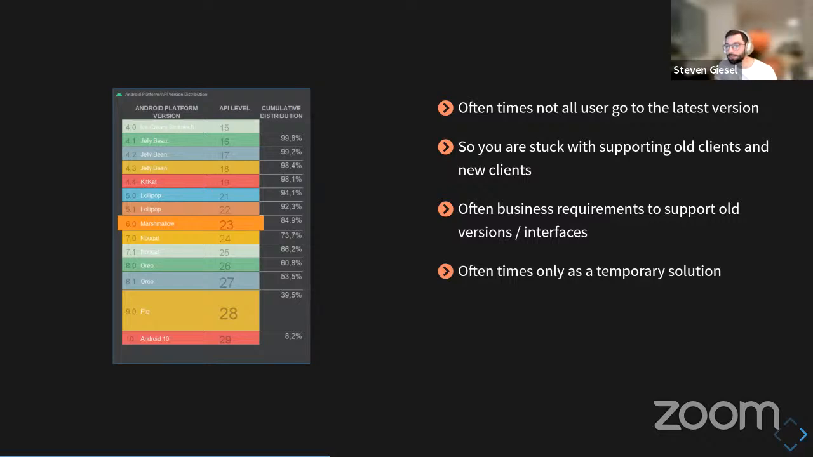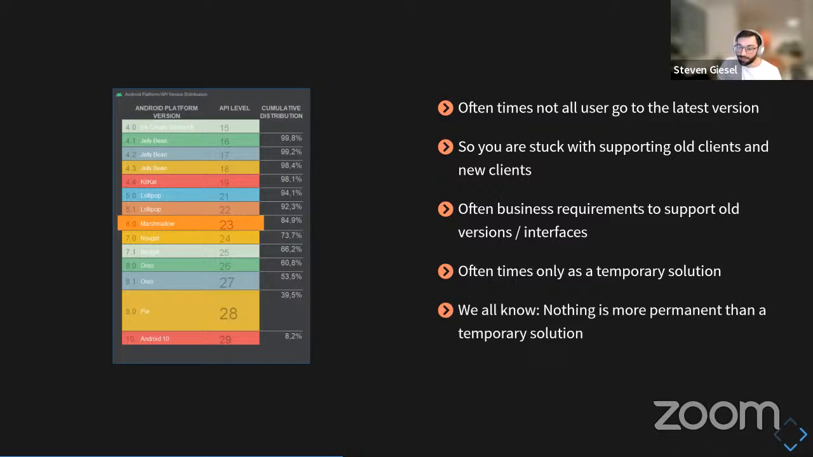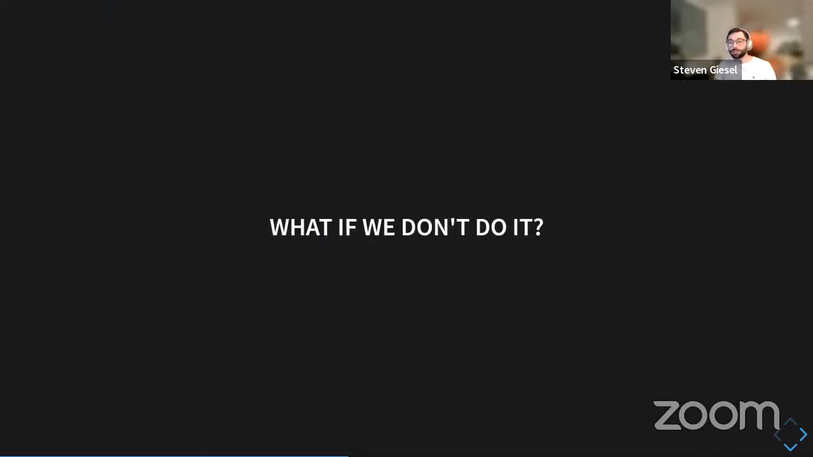And sometimes it's a temporary solution. Just imagine you are in a transition phase, and right now you have to support 2 versions at a time. And we all know nothing is more permanent than a temporary solution. So for sure, this overlapping time will be your permanent state, and therefore it might make sense to just manage that in some way or another. So one question arises: